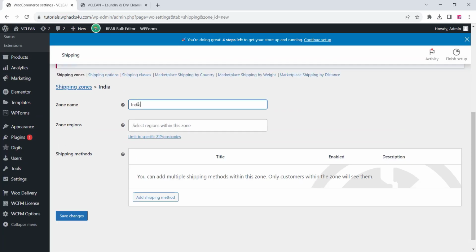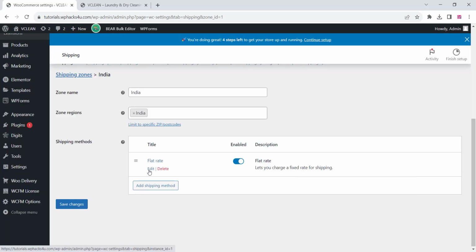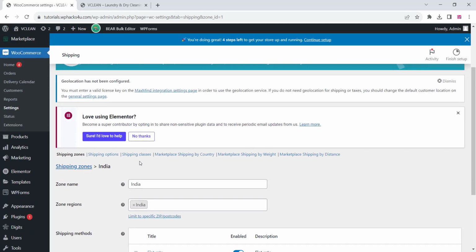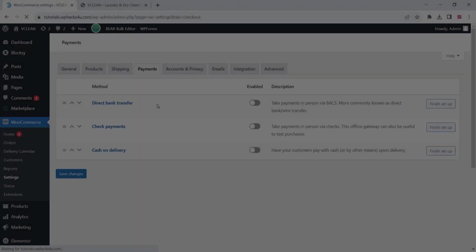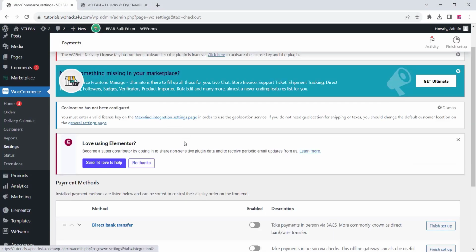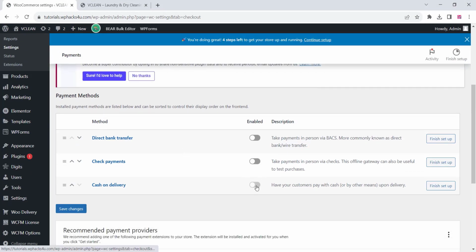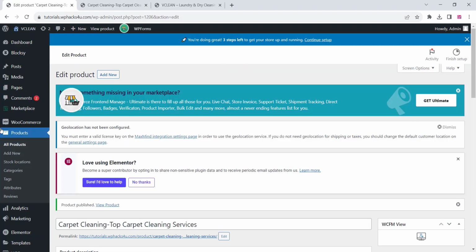You need to add a shipping zone for your website. For your business, you can add your shipping zone and shipping methods here. All this you can add according to your business model and business plan. Super easy. And in the payment section, you can enable cash on delivery here. We will check it later. Once you add all these things,